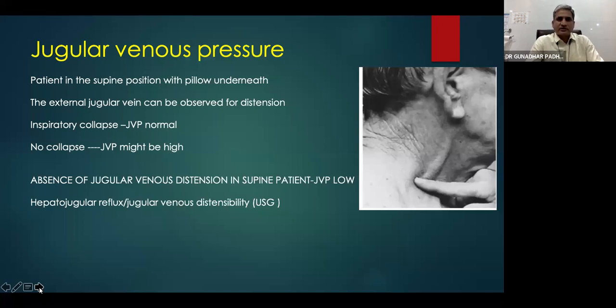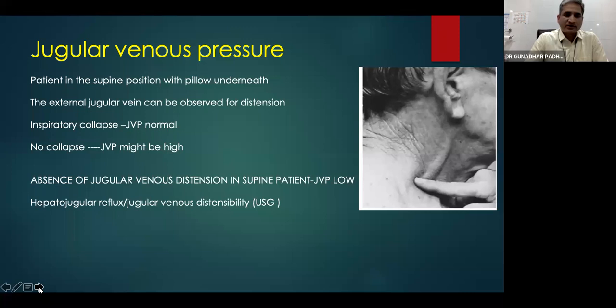Absence of jugular venous distension in a supine patient suggests that this patient's JVP is low. We can elicit the jugular venous pulse by doing a hepatojugular reflux, or by measuring the jugular venous distensibility by means of ultrasound. So the jugular venous distensibility is now considered one of the important signs of fluid responsiveness, which can be used as a screening test in most of the centers. Though these are not very sensitive or specific, out of curiosity, somebody can measure the jugular venous distensibility and